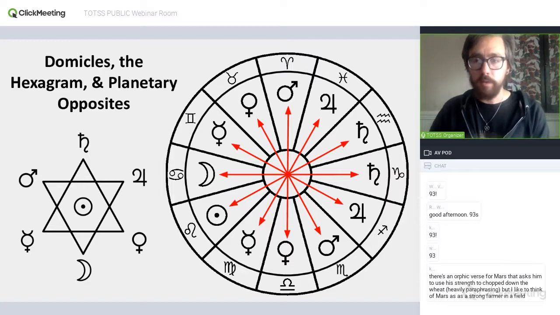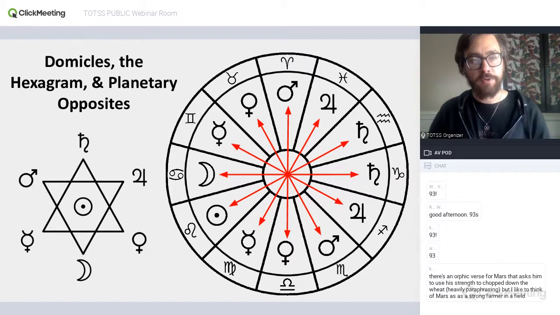But again, we want to think about some of the meanings of the signs, and we'll see this again in the houses, the way that opposite signs are, at least in part, defined by a contrast with each other, and how opposite signs take on opposite meanings and opposite significations.